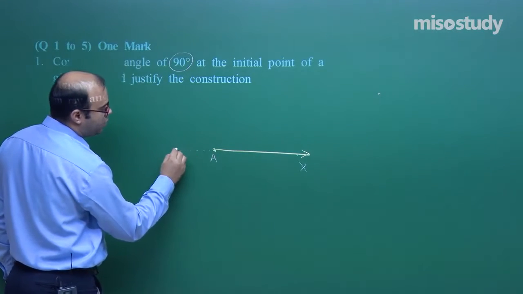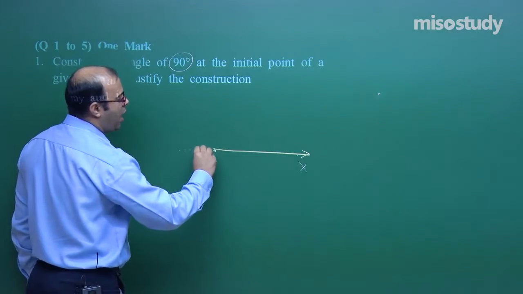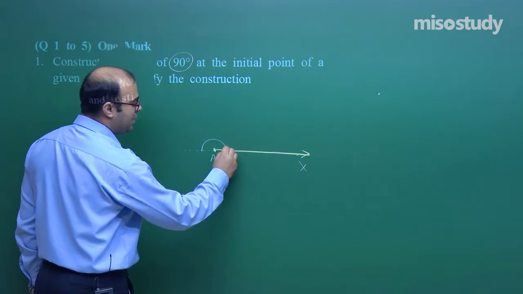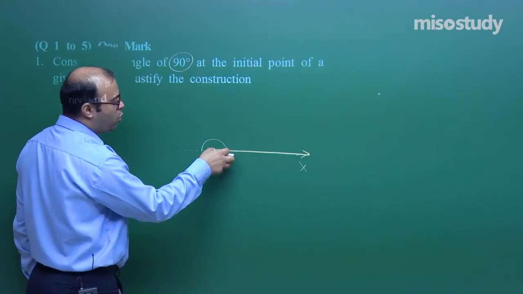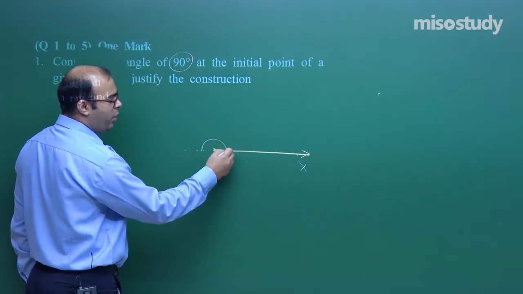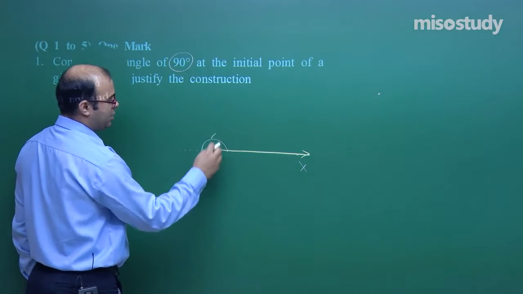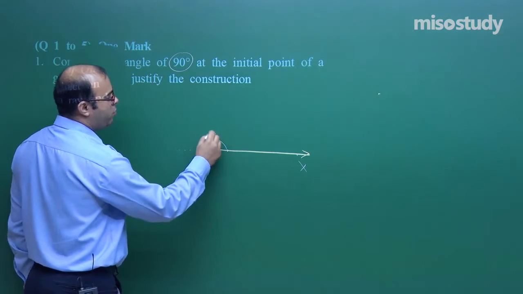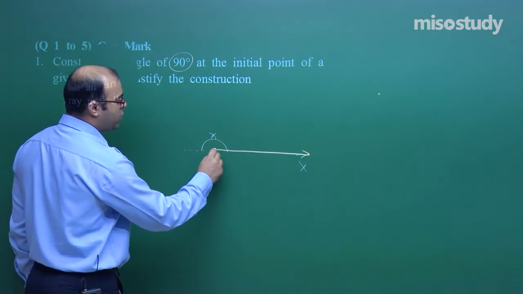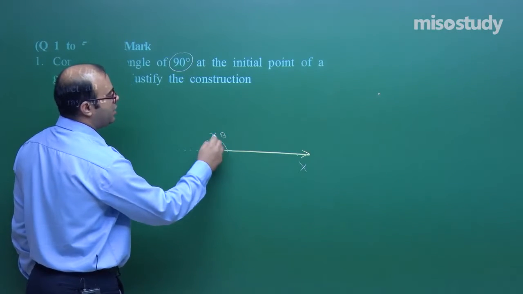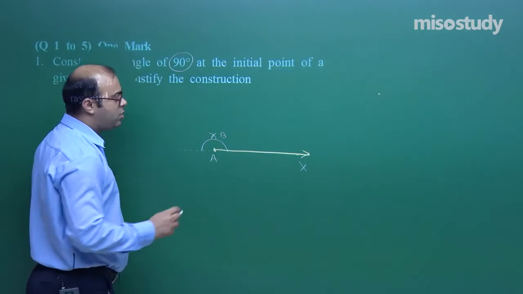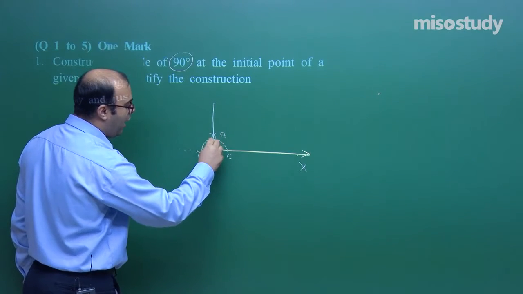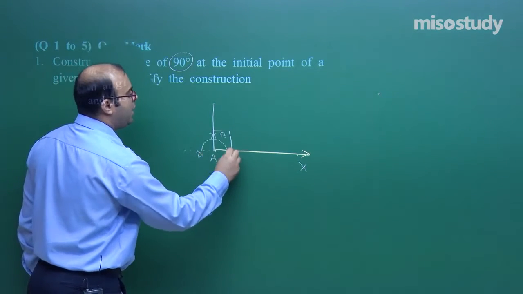We extend it backwards, and with the center A we make an arc which is a semicircle like this with the help of compass. Now taking this as the center, we take another arc which is more than the distance between this point and this point. So this is an arc like this. With the same radius, taking this as the center, make another arc. So they will intersect at this point. If we join this A point to this point B, which is the intersection of two equal radii arcs from point C and from point D, so this will give you a line. This line is actually making 90 degree here.